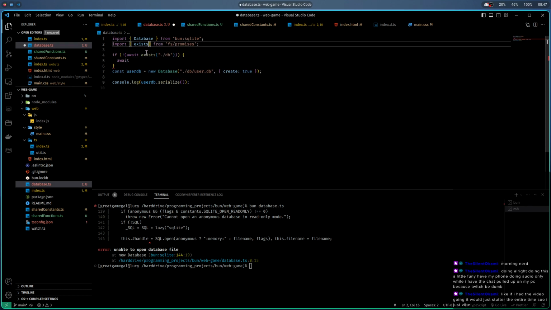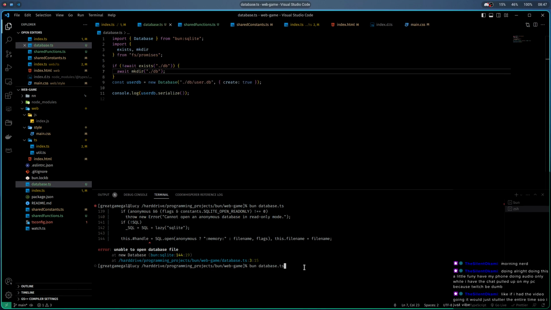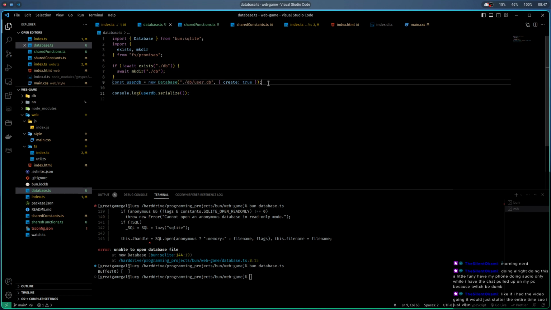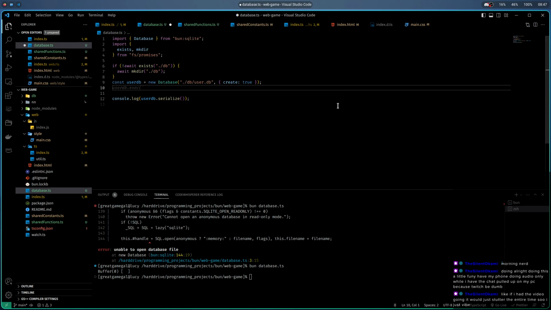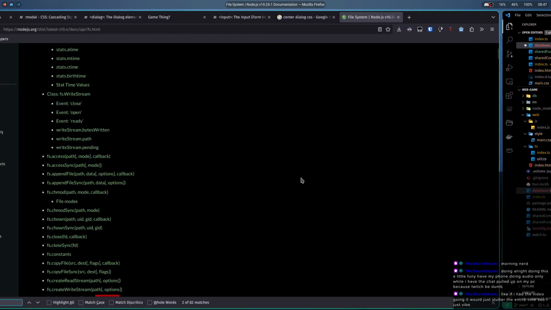Okay. And then make dir. Await make dir. That's HTTP. Okay, and then I think this is going to give me it as like a proper. So then userdb dot